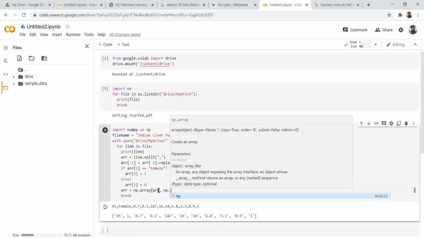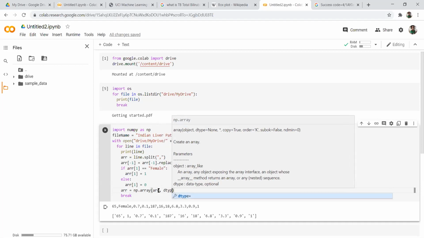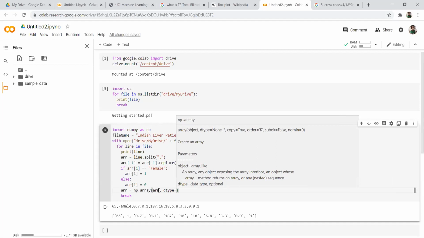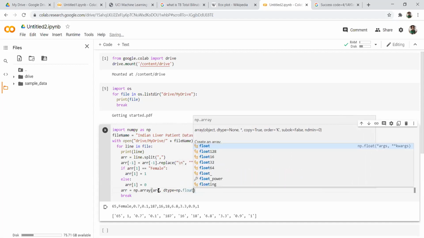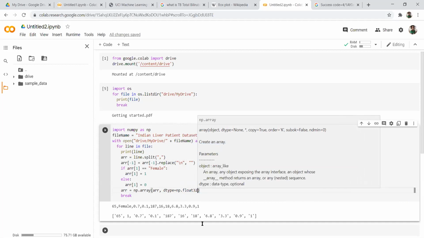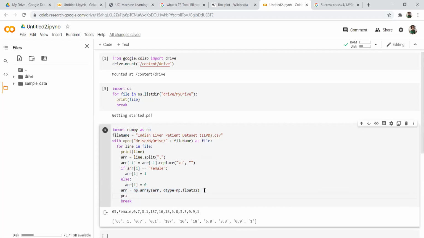I can write dtype, data type is equal to np dot float 32. So I'm using the NumPy library to convert this list, in which there were a few strings, into float type, because our numbers are floating point numbers. And now I'll print it.